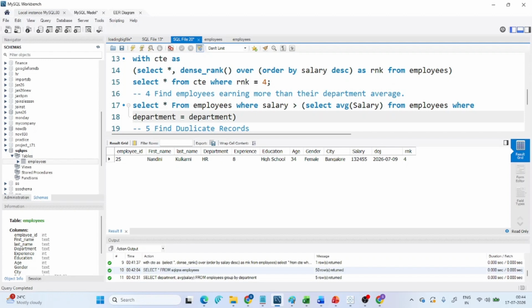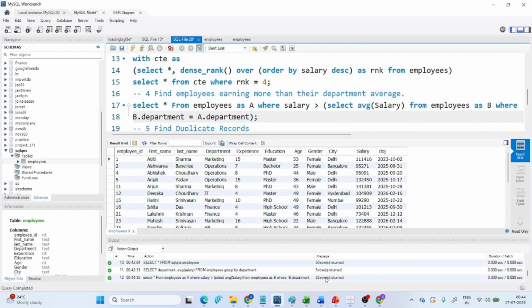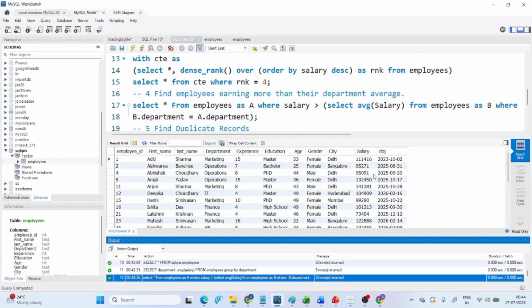What is the meaning of this? If you're finding the average of employees' salary from a particular table, department equal to another table. So let's do a trick of adding an alias to the first one as A. We'll use the second table as B. So now I can say let B dot department be the same as A dot department. Now when I run this, you can see there are 25 people who are earning more than their average salary